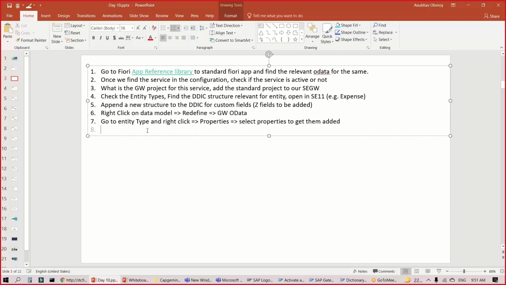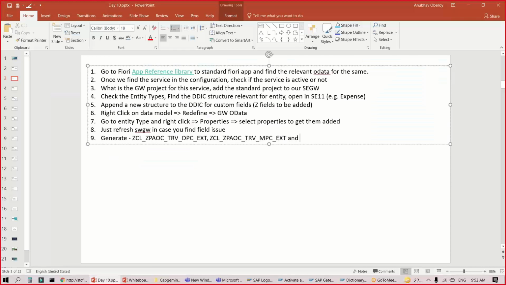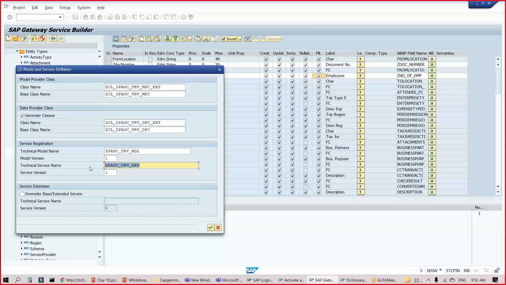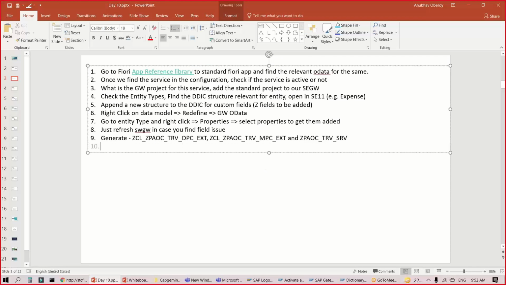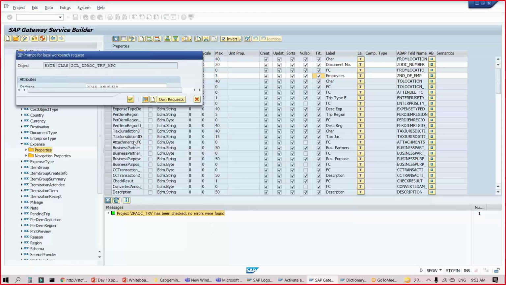We right click, select properties, add them, just refresh SEGW in case you find an issue like we saw, and it worked in the next instance. Click on generate. It will generate the runtime artifacts. So we are generating our DPC extension, MPC extension, and the OData service, the new OData service got generated. So let's click OK and put it in a package and transport.